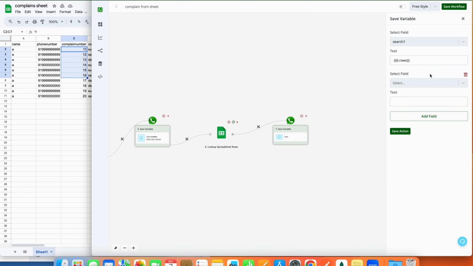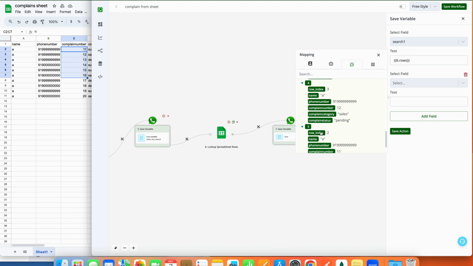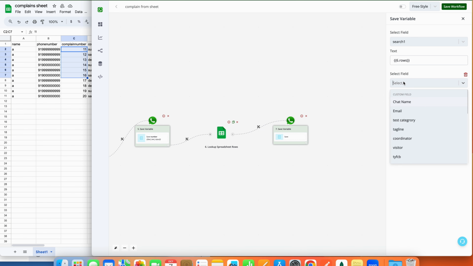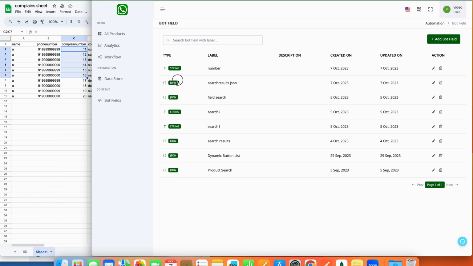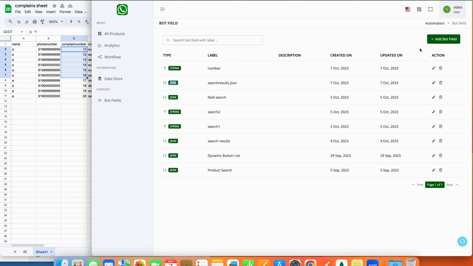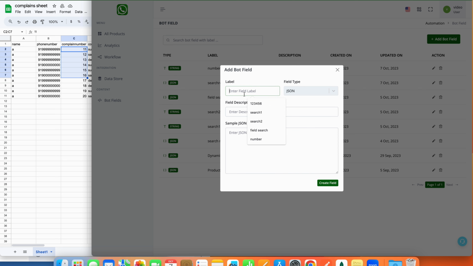The second field that I want to save is this particular data. Now this data is actually an array. And how to save that in a bot field? For doing that, first I need to create a bot field with the type as JSON. And how to create it? For that, I'm copying the parameter from here. You will see this option to copy, so I'm simply clicking on this copy icon. I'm going to the bot field, add bot field, and the type would now be JSON, and the value would be